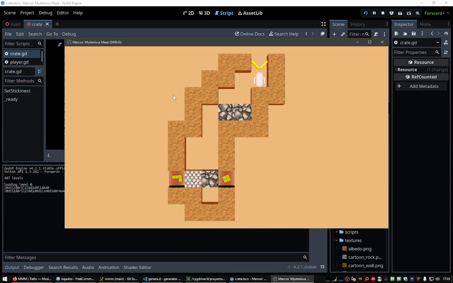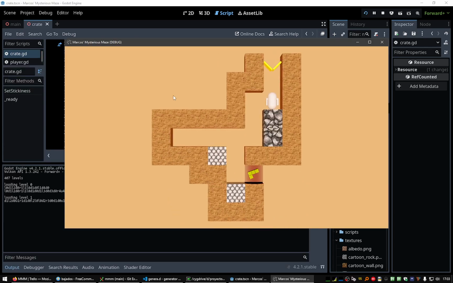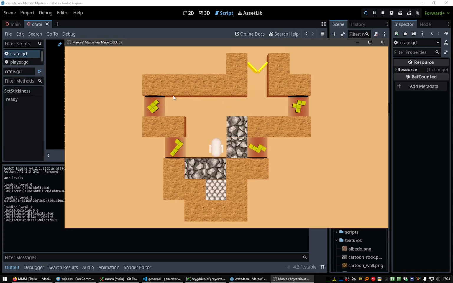Okay, so if we are using the concentrated logic, or if we are using